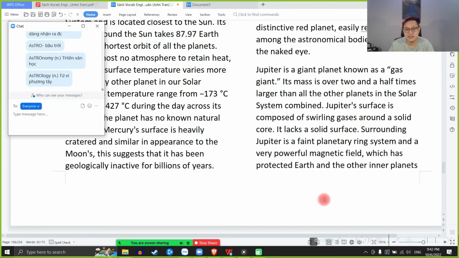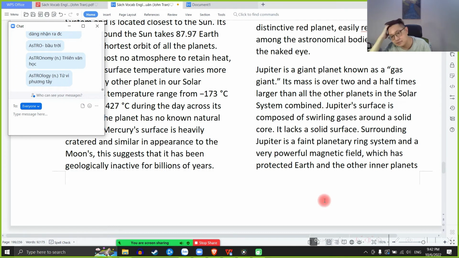Surrounding Jupiter is a faint planetary ring system and a very powerful magnetic field. Magnetic field. Powerful magnetic field, which